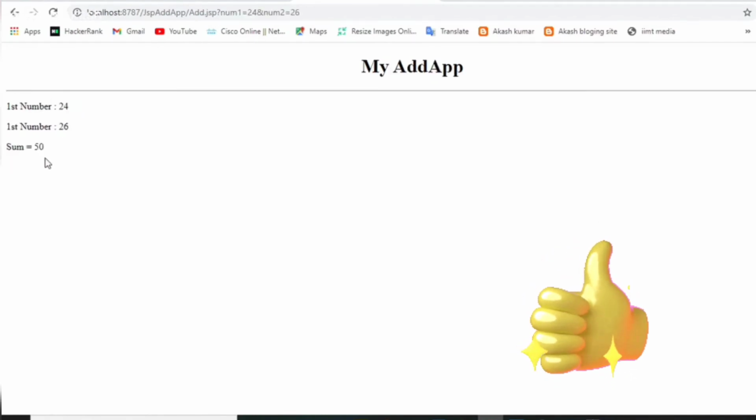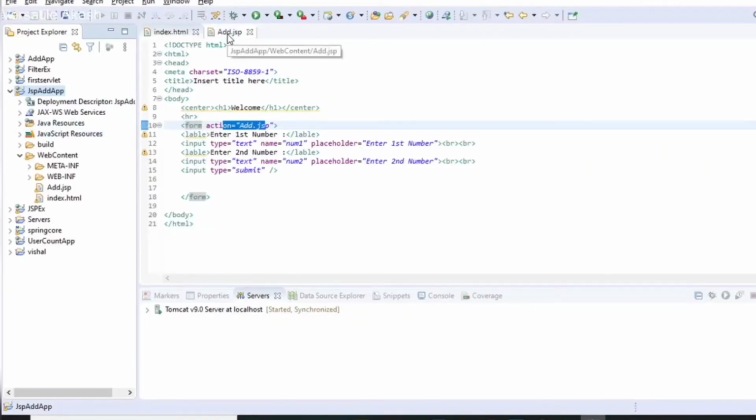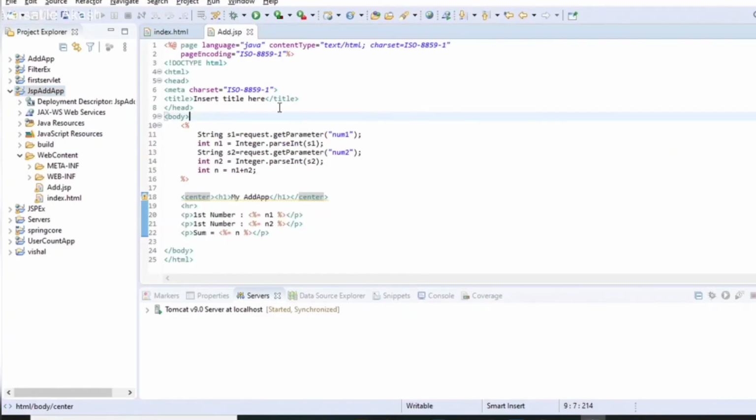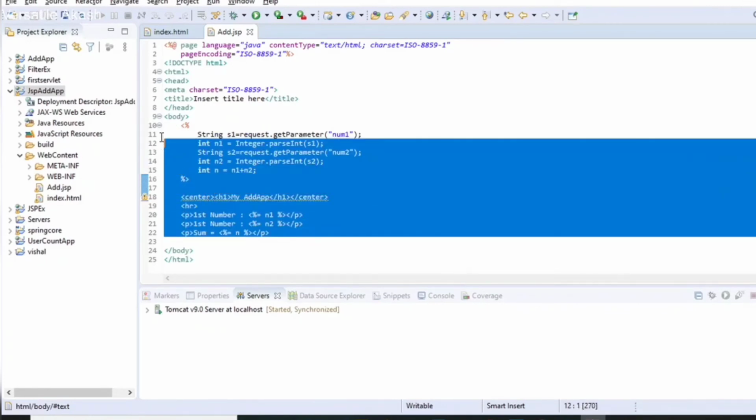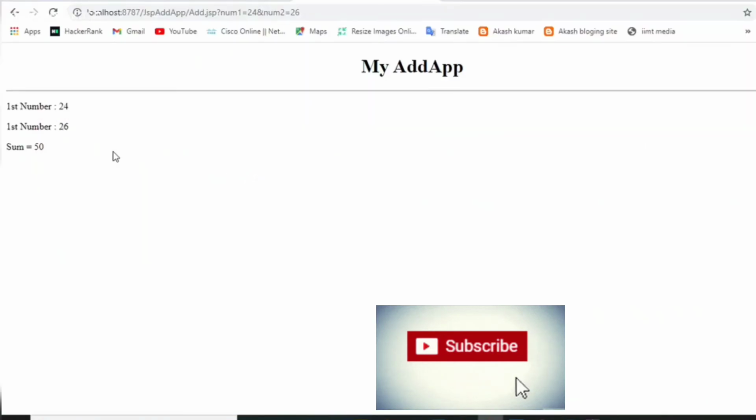A request for add.jsp goes to the server, and add.jsp shows us the result as HTML. So add.jsp takes two numbers and gives the result. So this is our JSP code and this is our HTML code.